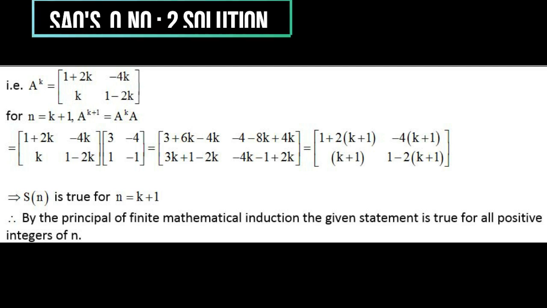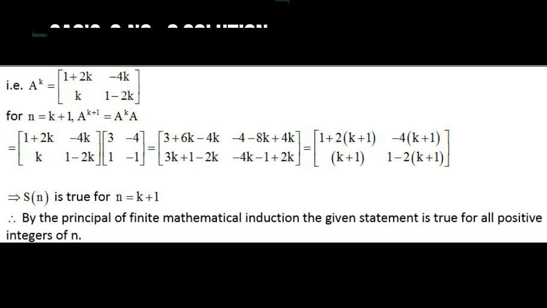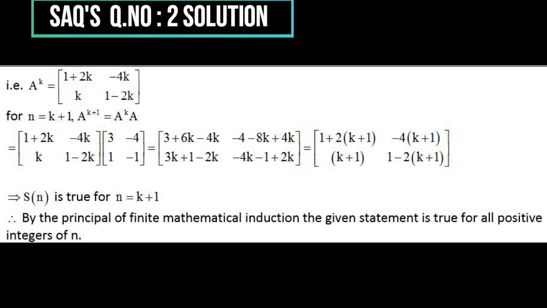Now we prove that for n is equal to k plus 1. Consider A power k plus 1, that is equal to A power k into A. Multiplying these two matrices, multiplication means multiply the first row with first column. Then the first element is 3 plus 6k minus 4k. Similarly, first row with the second column, which is the second element, that is equal to minus 4 minus 8k